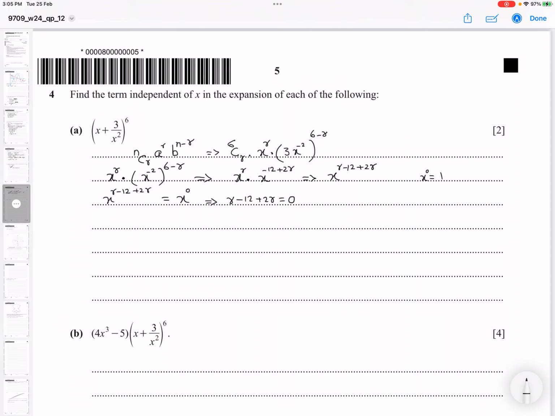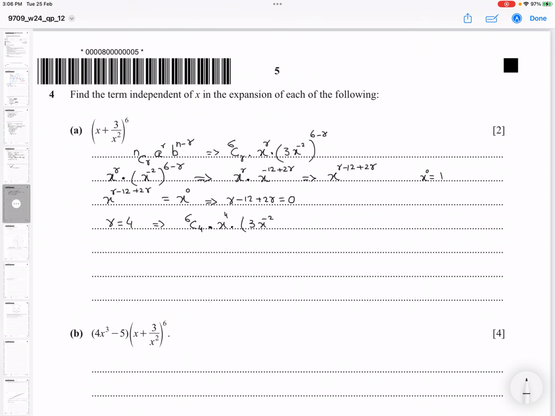So my r would be equal to 4. Now put this value of r back in the formula. So you can write 6C4 x power 4